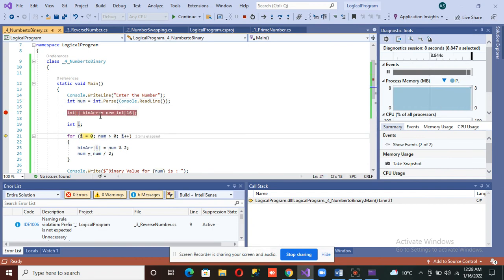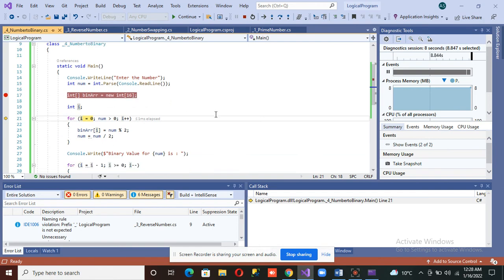We already created a binary array of 16 variables. Now, what's the value of I? Right now, the value of I is equal to 0. Is num greater than 0? Yes, so it will enter the loop and perform the logic.